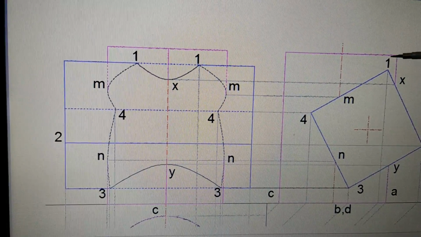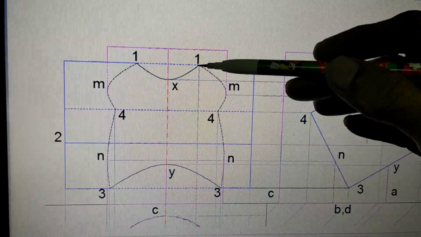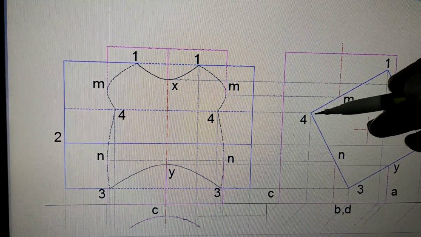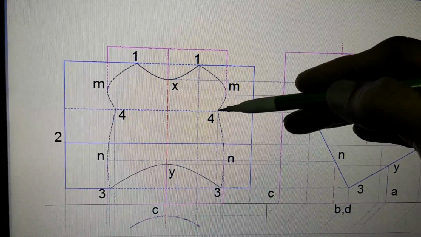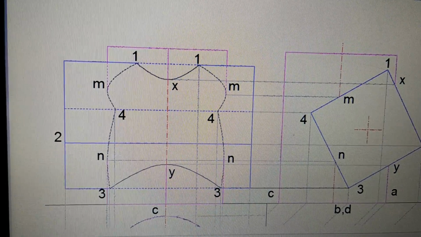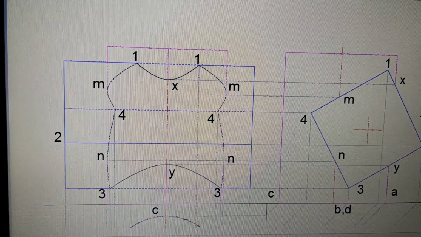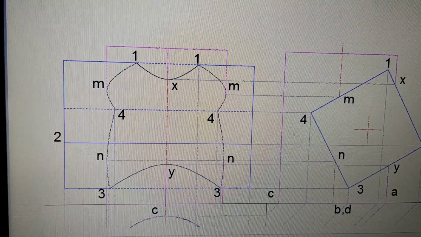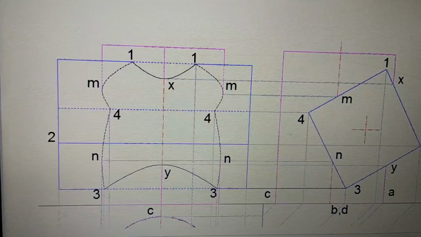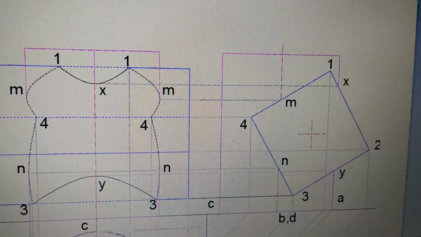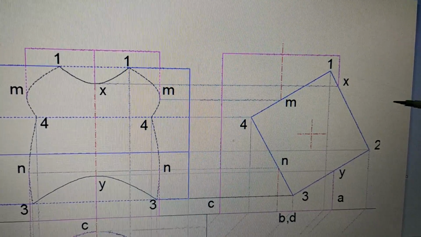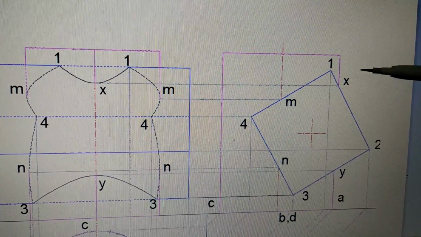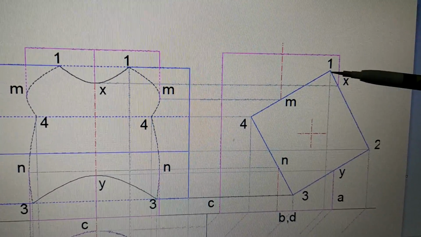Now ideally speaking, suppose you want to find out how this curve is made. That means 1, M, 4: you have got 1, you have got M, you have got 4. You are looking in this direction. At that time, point number 1 is seen.